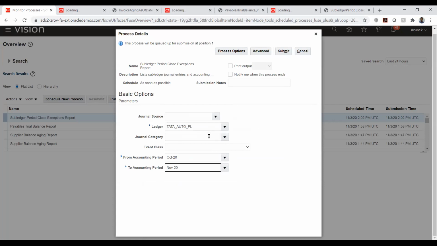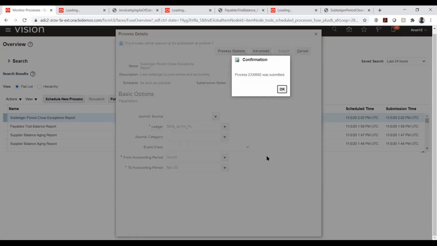So this is what I was saying, the category, source and the event will pop out based on this category that we are choosing. And what is usually there in the journal category that we give? Journal category will be like we have invoice, we have payment, and source will be payable or receivable. So based on this, the category will change.